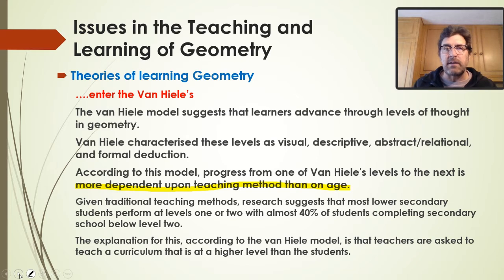What it does say is that the teachers, maybe in grade 10, 11, and 12, are teaching geometry at level 3 and level 4 of the Van Hiller model, while the kids are only at level 1 and possibly at most at level 2. Okay, so that means we start off with the theorem, we teach the theorem, and immediately we apply the theorem. There's no space left for doing things that are necessary to develop the modes of reasoning geometrically in the classroom.